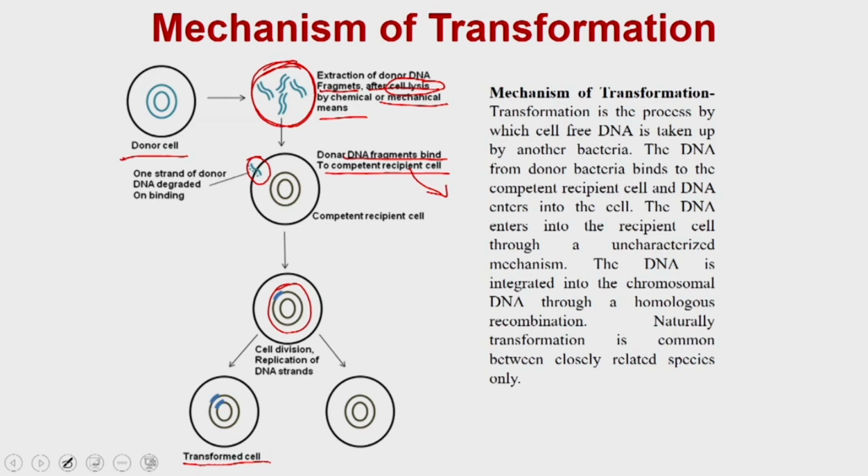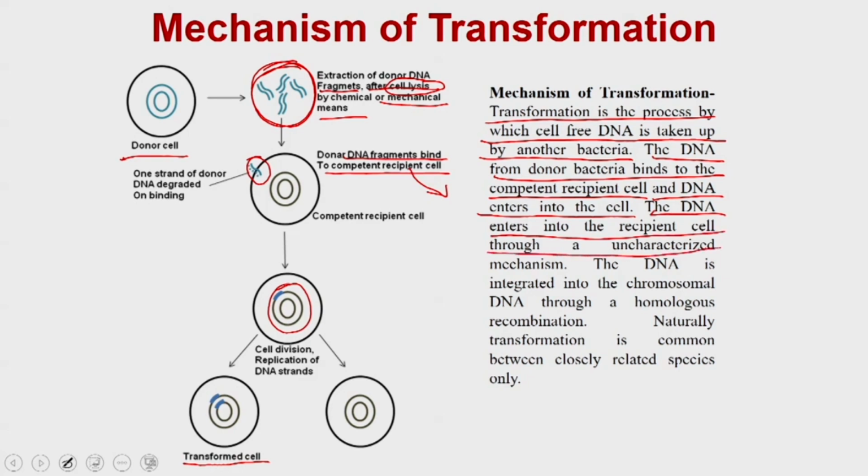So, that is what is given here, that transformation is the process by which cell-free DNA is taken up by another bacterium. The DNA from the donor bacteria binds to the competent recipient cells, and the DNA enters into the cell. The DNA enters into the recipient cells through an uncharacterized mechanism. So, the mechanism by which this DNA enters into the competent recipient cell is still not known, and the DNA